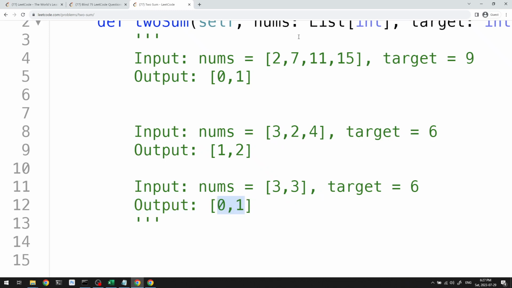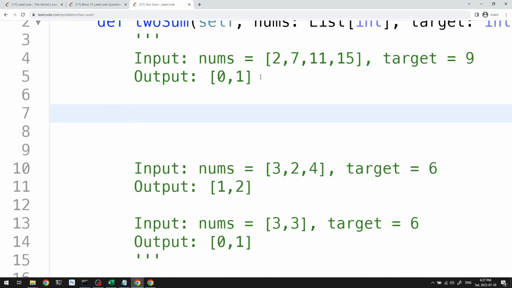So I want to go through this one. How would you do this, right? If you're really thinking about it, if I ask you, I have this number here and I want to find the target here, what would you be looking for? If you want to find the target 9 and you're on the number 2, then realistically you want the 7, right? You want a number x so that my existing one plus x is equal to your target, right?